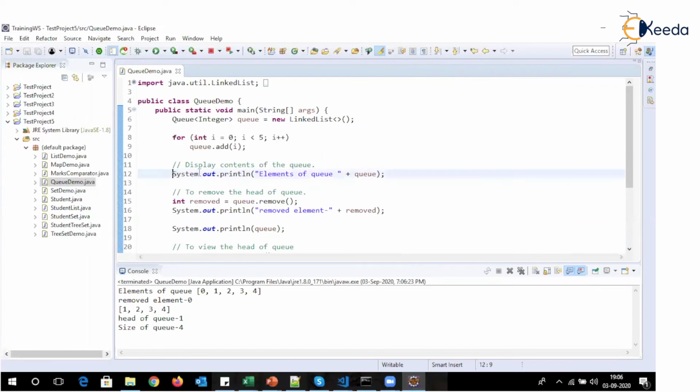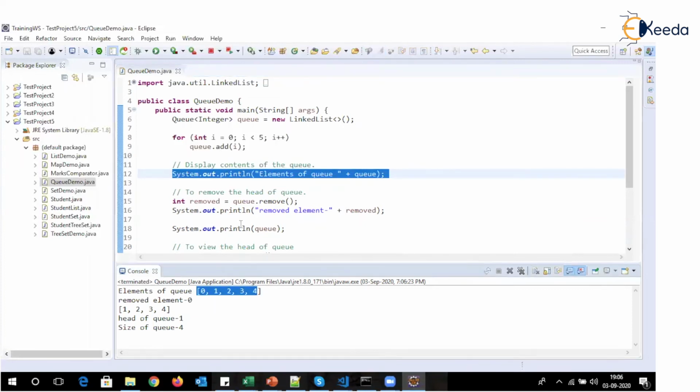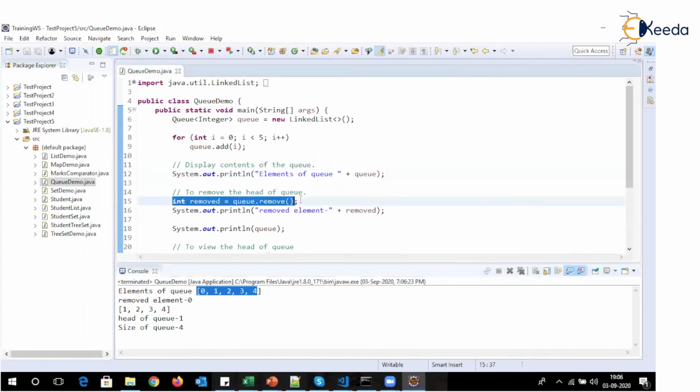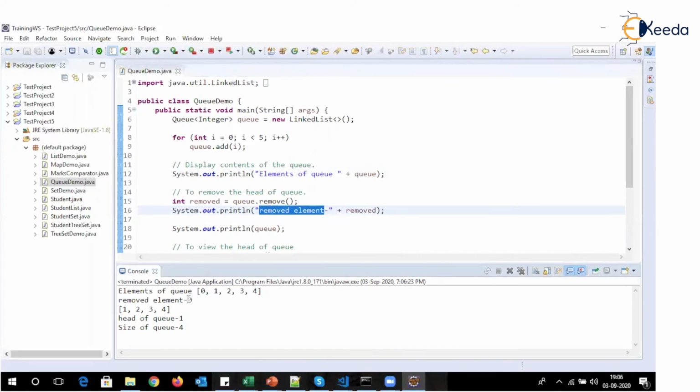Whenever we display the contents, they go from 0 to 4. Then the remove method is called and it returns what element is removed. So it has removed 0, and whatever is removed is returned over here.